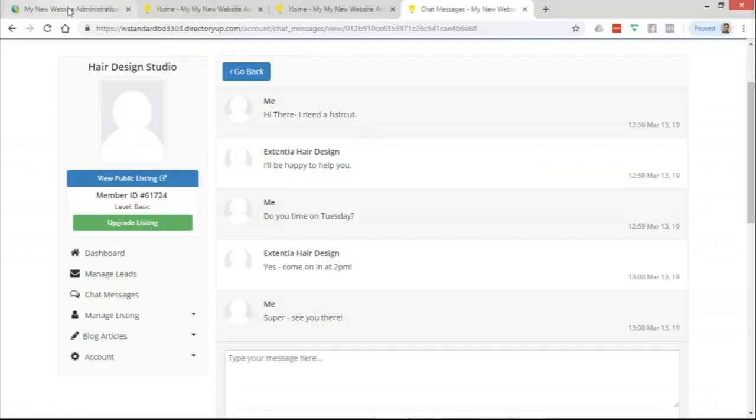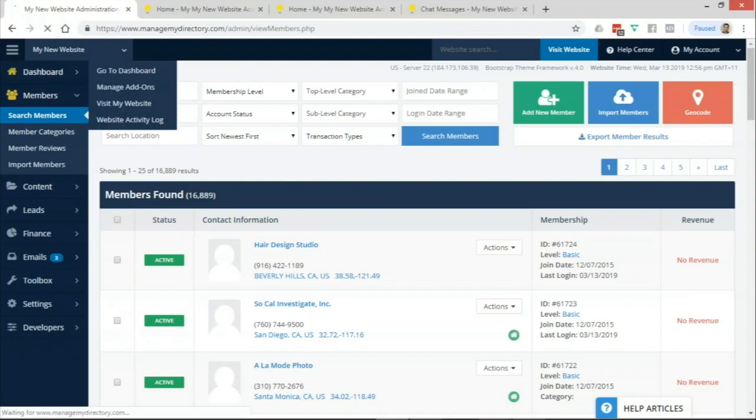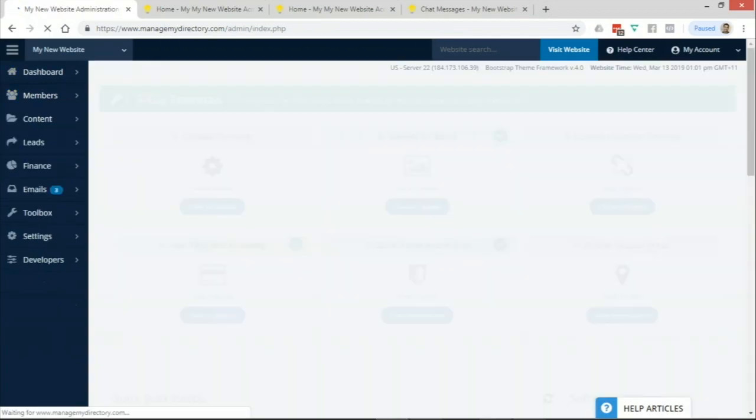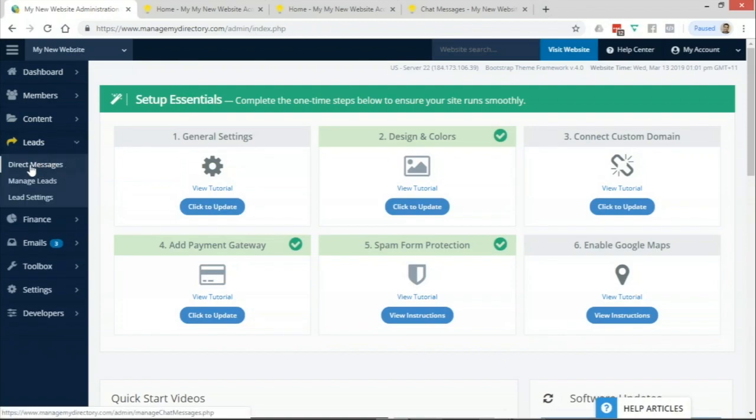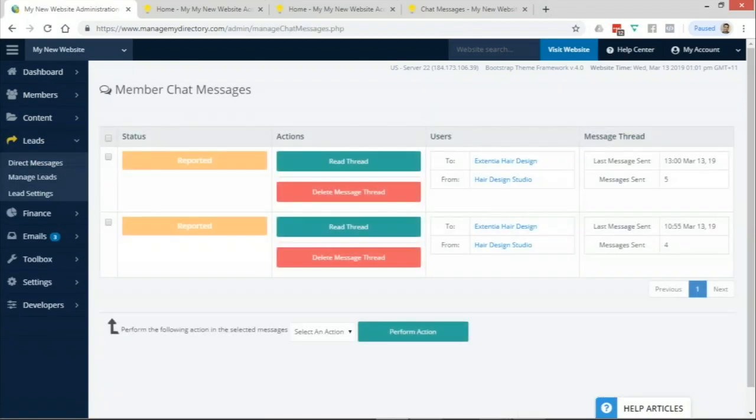And let's actually go to the admin area. Now, this is new for you guys. If you want to see all the chat dialogues that are going on between your members, it is under the leads section under direct messages here. And we can see there's a couple threads here. Both of them have been reported in our testing. So you can actually read the thread,